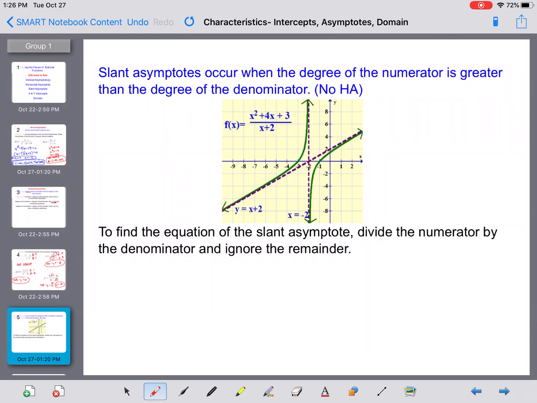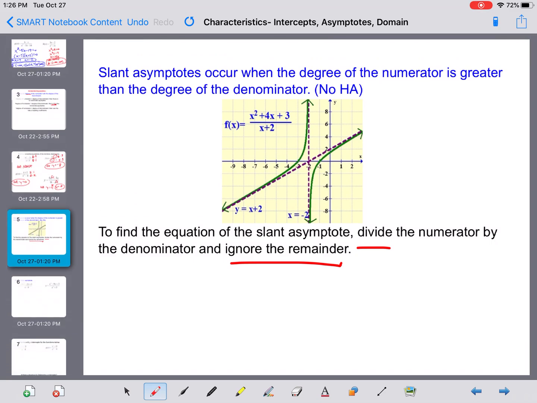And how you find a slant asymptote is you want to divide the numerator by the denominator, and we want to ignore the remainder. So we don't really care about the remainder. We just want to find the equation of the line, which is going to be a linear equation for everything that we do,